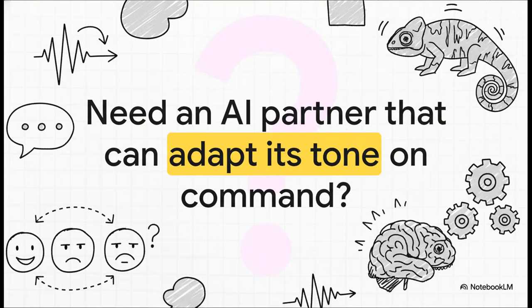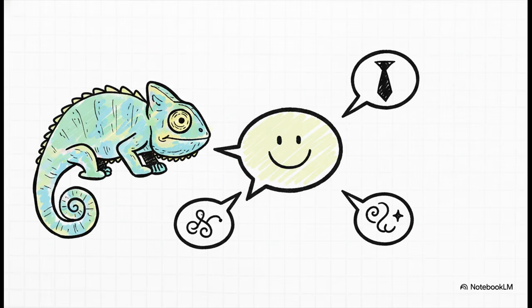Okay, what if the task is less about facts and more about style, more about interaction? Say you're writing an email and you need to switch it from sounding casual to super professional. Or you need an AI that can follow a bunch of commands to tweak a paragraph perfectly. This is exactly where ChatGPT's conversational nature just shines. You can tell it, hey, make that funnier, or rewrite this but for a fifth grader. That back-and-forth flexibility makes it an incredible writing assistant.